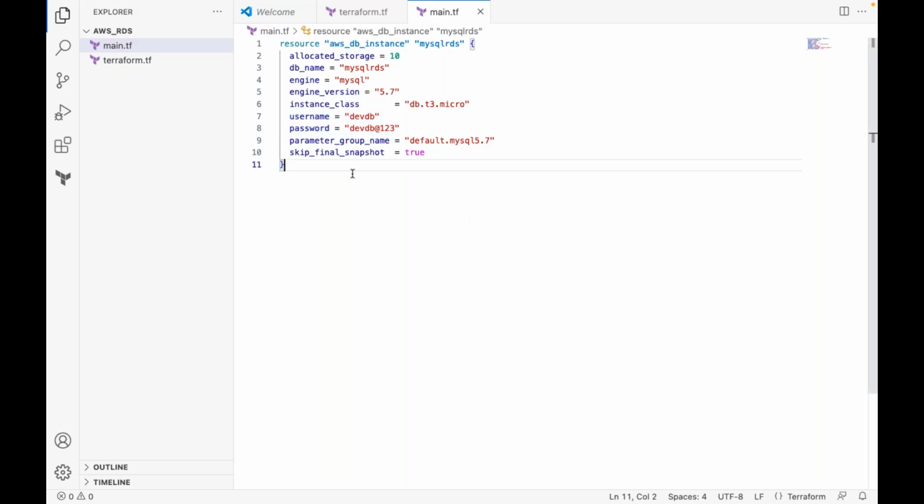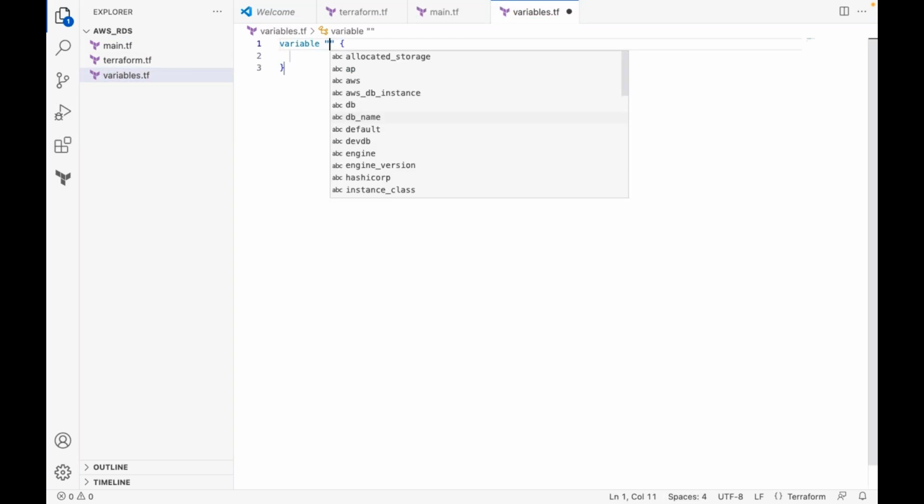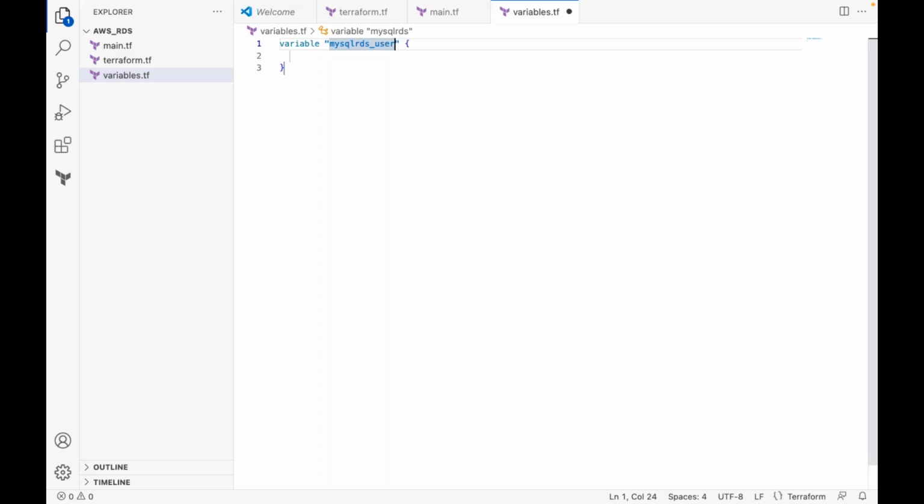But I can use the variables concept here. Instead of using it like this, I can use a variable. Let me define a variable. I will say MySQL RDS username, type of the variable, string,